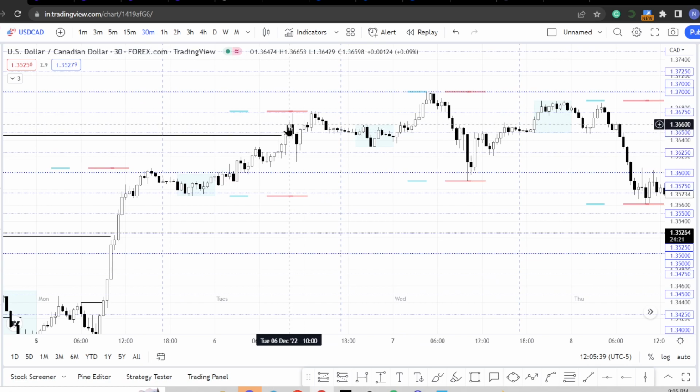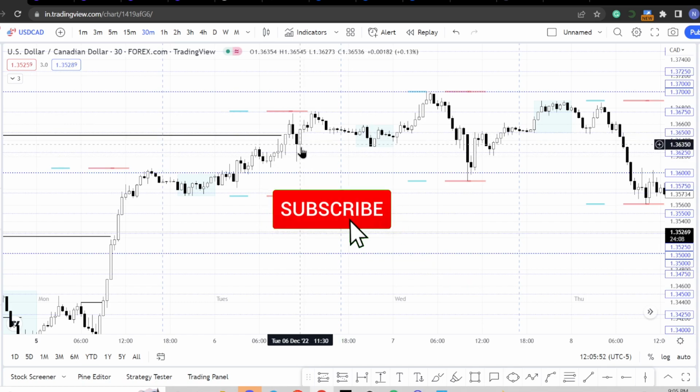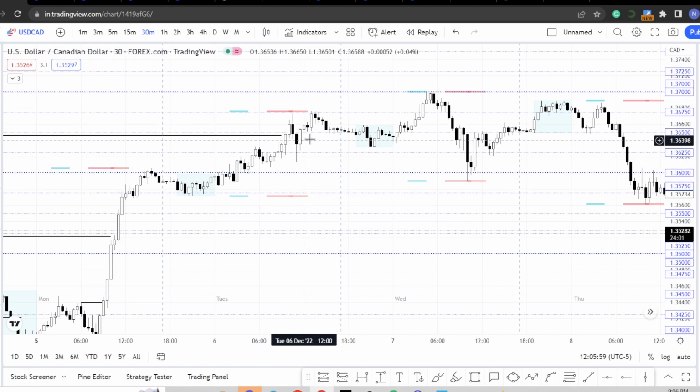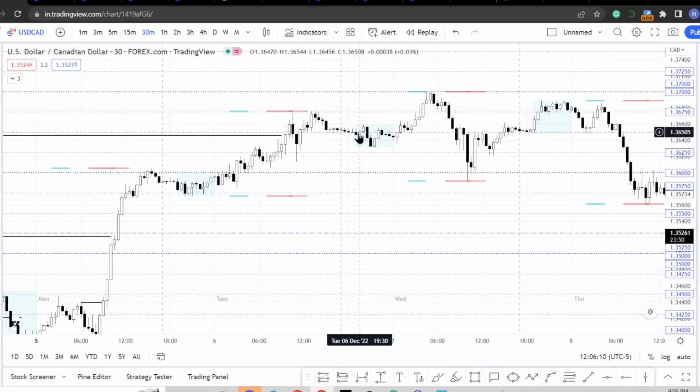I didn't take this trade, this tweezer top. I didn't take it because I saw so many bullish candles moving to the high, which told me that even if I'm going to have a reversal here, I'm not going to have that much. I stayed out of the market and nothing here proved to me that I could take this trade. But I believe on a lower time frame, like the 15 minutes or 5 minutes, I definitely would have gotten a trade there. But I'll stick to this 30 minutes so that you can have a broader view of how I look at the market.